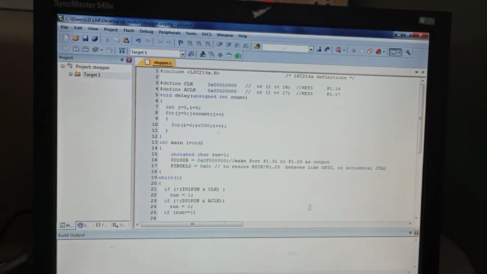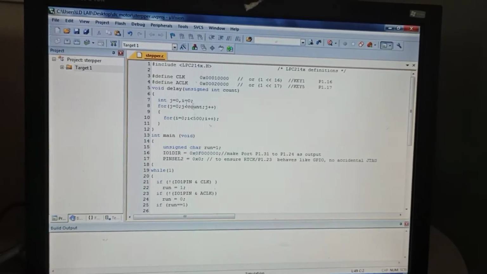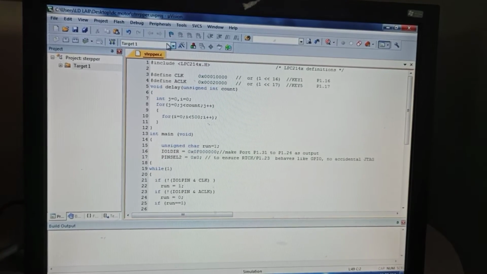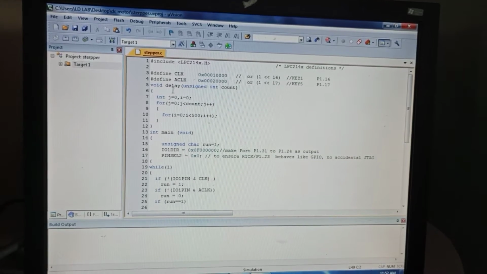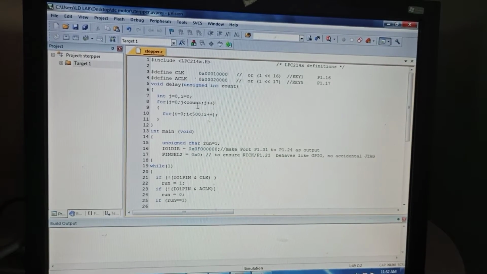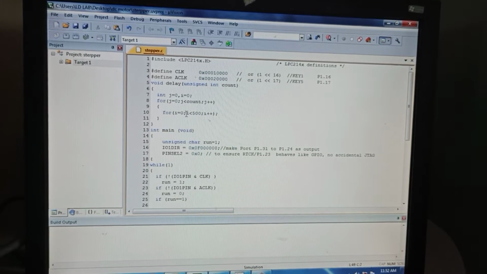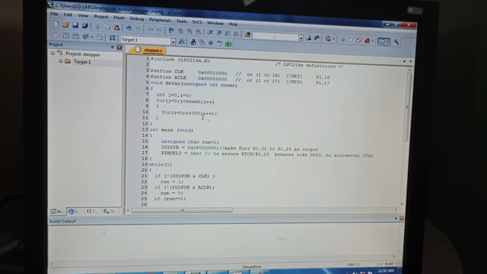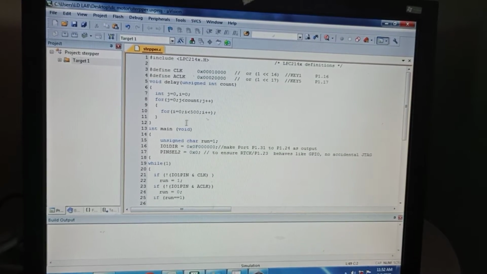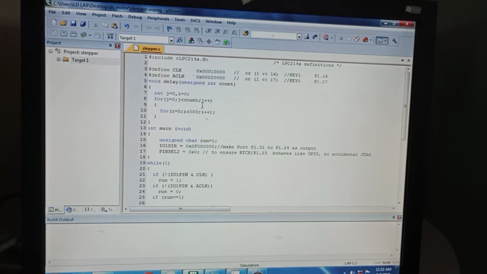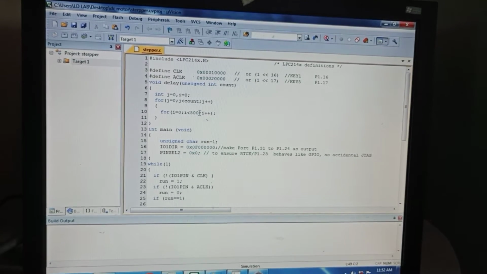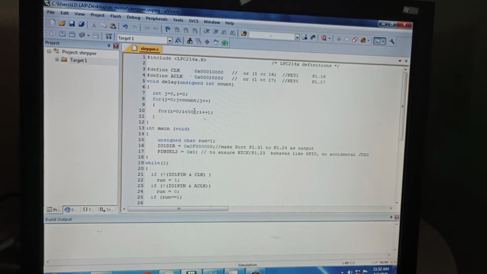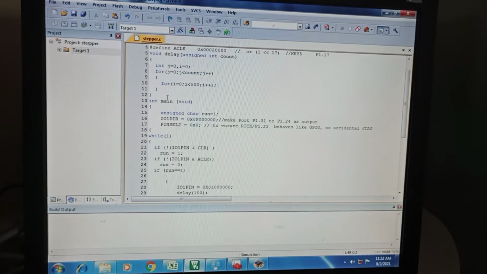After that, the next one. Here I am going to use two for loops, one with j as well as i, because I am defining two functions. Here j is equal to 0, j is less than count, j plus plus, as well as i is equal to 0, i less than or equal to 500, then i plus plus. So this will be a delay function of that particular stepper motor. If you want, you can make it 5000 or 50,000, whatever you want. This will be the speed of our stepper motor. So here I am using 500.